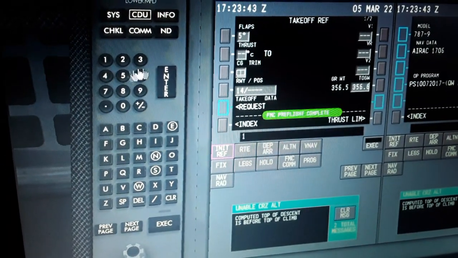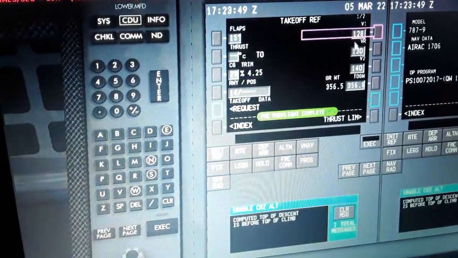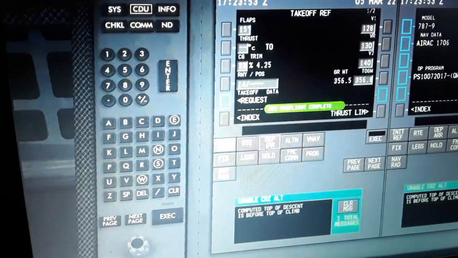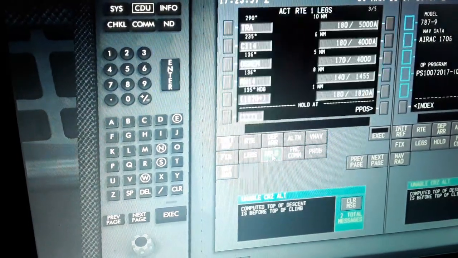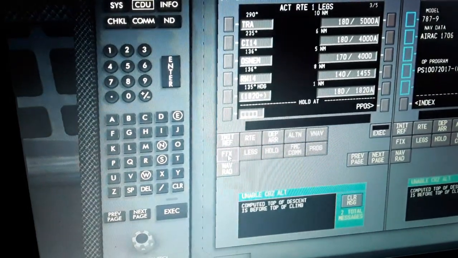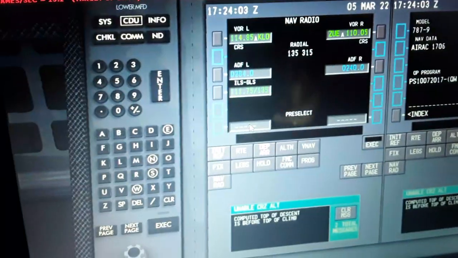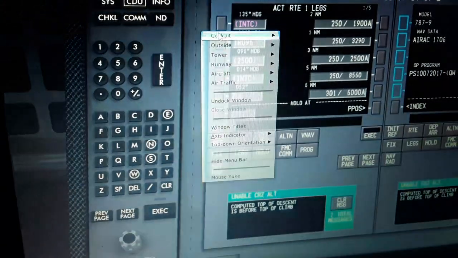So we set flaps for takeoff, 15 degrees, center of gravity 33%, 4.25, takeoff speed V1, we rotate for this gross weight in the runway. So we have departure arrivals, alternate, VNAV, progress, FMC communication. We can hold over a waypoint, set a fixed radial, and the navigation radio over here, set a tune LSZH, localizer, runway. So we go back